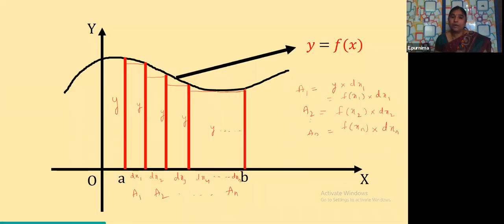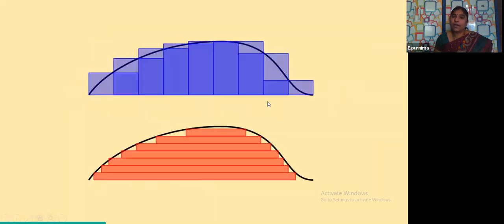Okay, so this is our previous slide, children. I hope everyone understood what you have seen till now. Let us see one more picture. Here you may get a doubt, because we are dividing into rectangles: must they be taken vertically only? It is not like that, children. You can take them vertically or horizontally also. You can divide the curve into parts like this also. Horizontal we can take, and vertical also we can take.